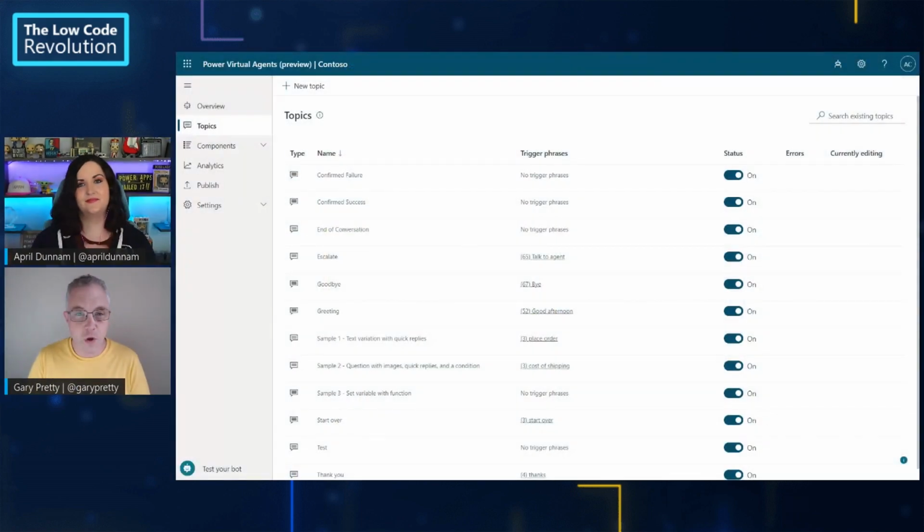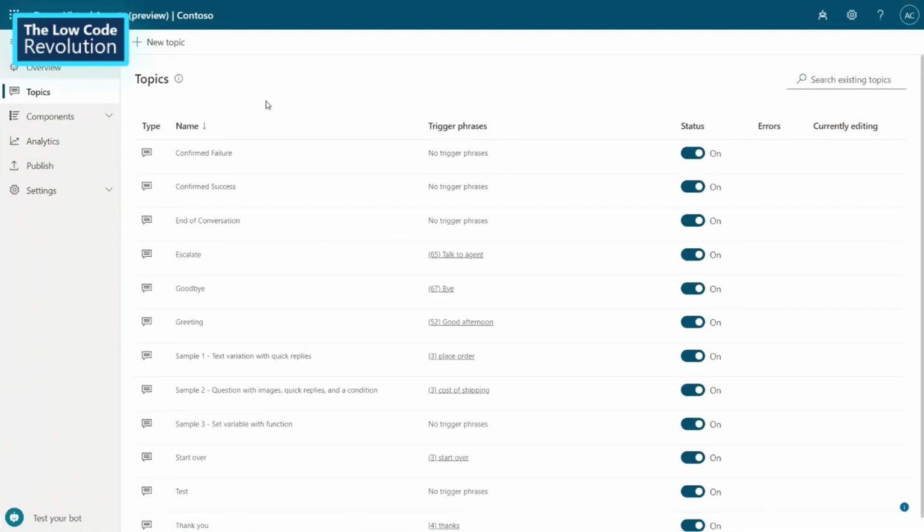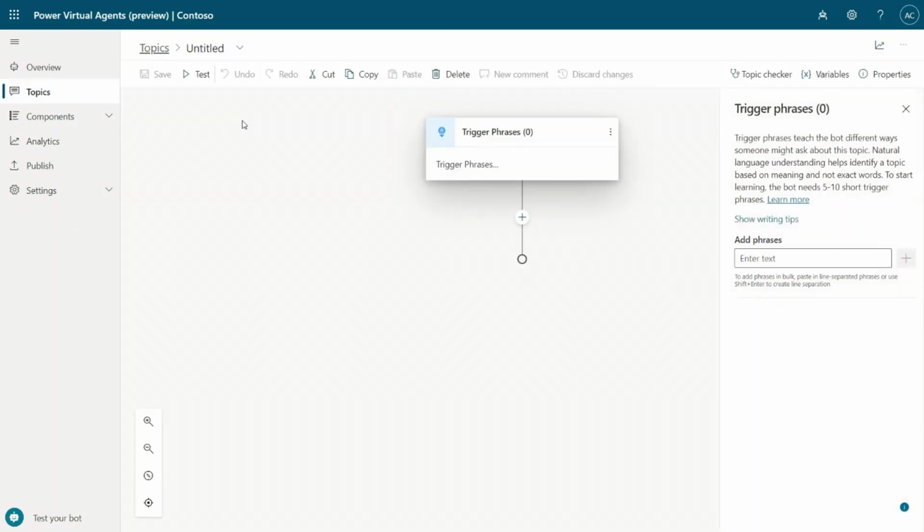And the first thing that we'll look at is the unified authoring canvas. So I've got a basic bot here that I've created in our technology preview, which we announced at Build, and you're able to sign up for today, and we'll have details on that later on. So what I'm going to do is take this opportunity to build a pretty basic topic, but one that would have required a lot of Bot Framework Composer usage and more pro developer type tasks.